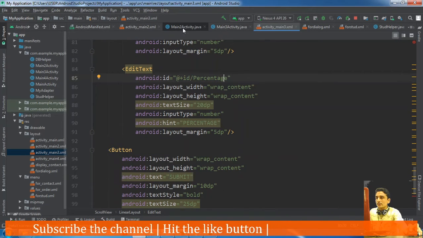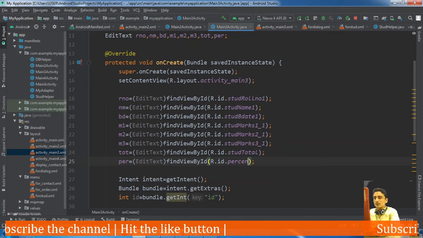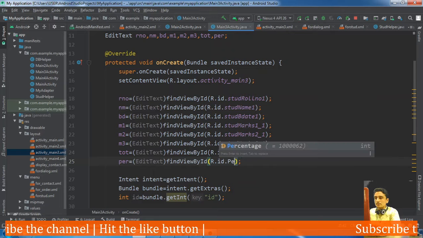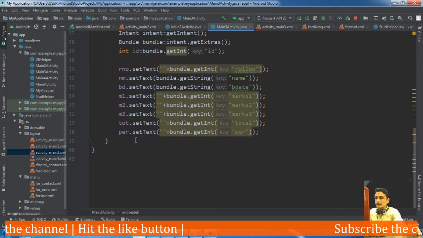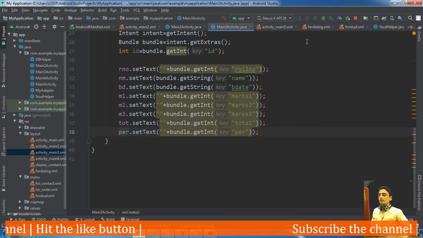Oh, its id is percentage, so here it is written as percentage. Now it will appear appropriately.